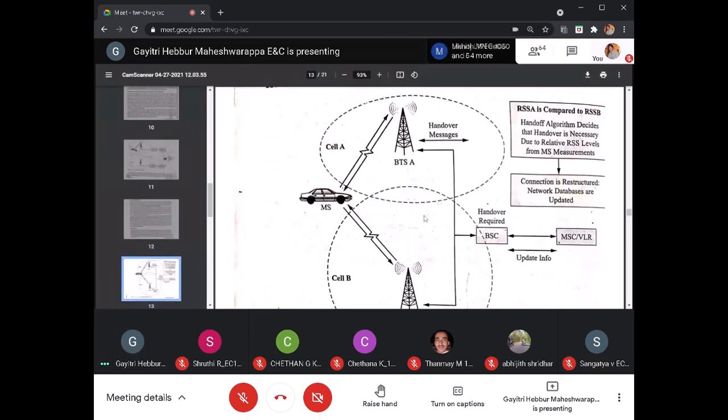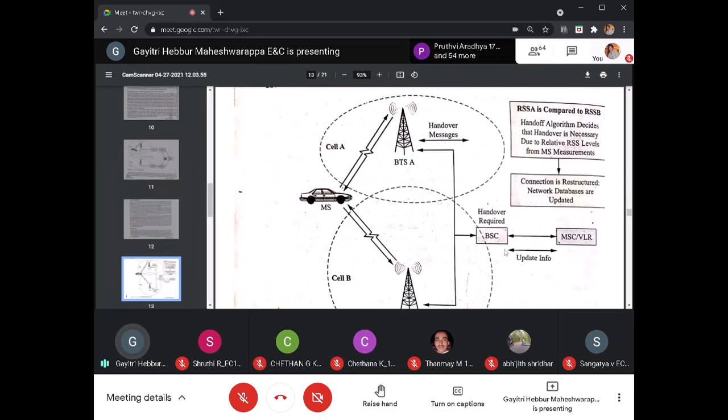Okay. So the handover request is transmitted from BSC to BTSA to MSC, and then MSC to BTSB. Then BTSB will inform whether it is attached or not. So once the handover operation is over, it will send the information to BSCB, and the old channel, whatever was assigned for BTSA, will be disconnected. So that is called the new structured connection, or restructuring the connection from the old radio base station to the new base station with a new channel allocation.